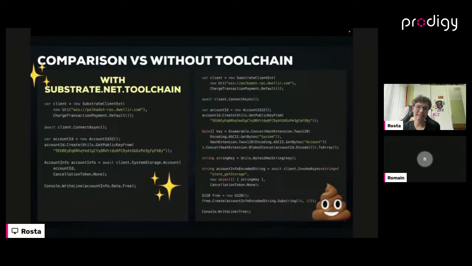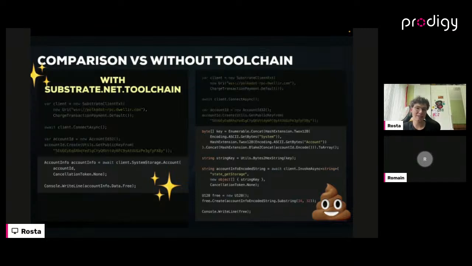Okay, and here is a comparison of writing code with the toolchain generation, and on the right you can see the code without the toolchain generation. At first glance, you can obviously notice that the code on the right is longer and a little bit messier. But most importantly, the code that was generated with the toolchain is much, much safer because you